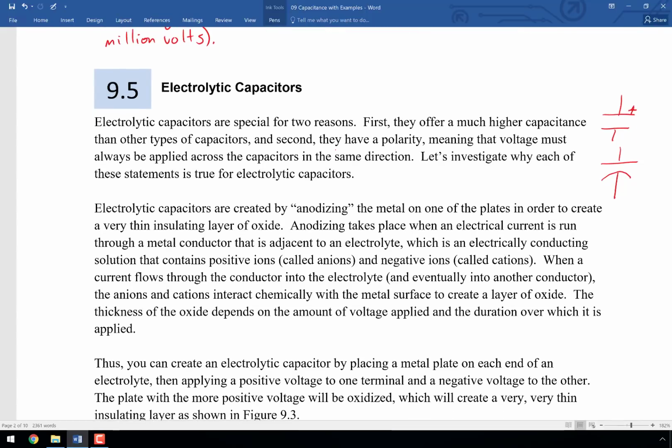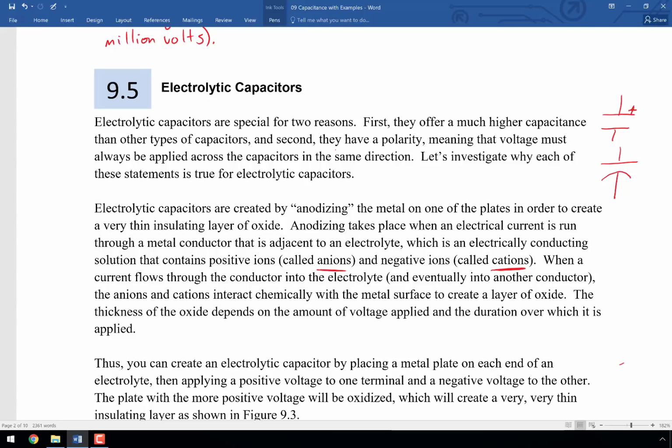Electrolytic capacitors are created, first of all, by using what's called an electrolyte. An electrolyte is either a liquid or a solid, which has a lot of electrical ions in it. And so the positive ions, called anions, and then the negative ions, called cations. This is very similar to a discussion that we could have about how electrical batteries work. That's kind of not within the scope of this course, but this idea of an electrolyte is an electrically conducting solution, either a liquid or a solid, that contains positive and negative ions. And when an electric field is applied, current flows through the conductor into the electrolyte,